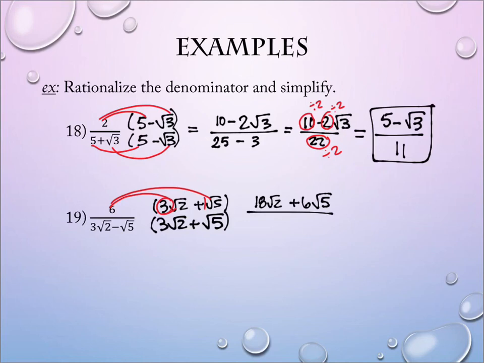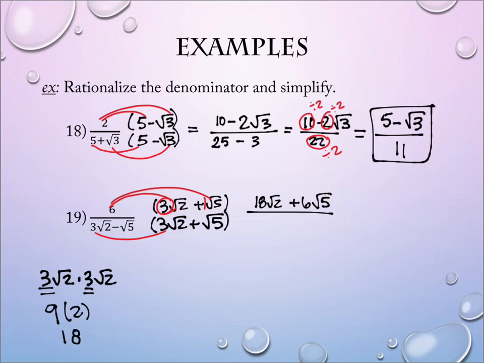On the other piece, again, just like before, notice that the inner terms and the outer terms are exactly the same except for their signs. So they cancel, they add to 0 on purpose. So I don't have to do the operations for the inner and the outer. I only have to do the first and the last. So what happens when I multiply, and I'll write this down here to the side just a second separately, 3 square root of 2 times 3 square root of 2. What's going to happen there? Right, so there's the 3 and the 3 make 9. Square root of 2 and square root of 2 makes square root of 4, which is 2. So 9 times 2 is